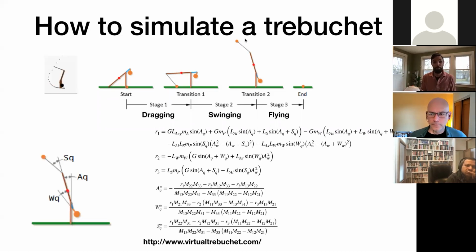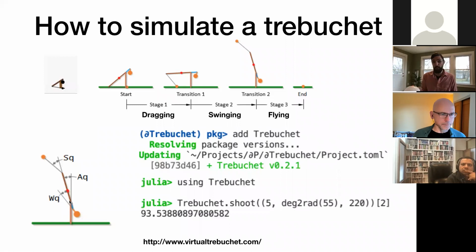And there's a really cool website that actually derives all these things for you. You just check out virtualtrebuchet.com, and they've derived the exact equations of motion given the particulars of the parameters of your trebuchet, how long each arm is, how much the counterweight weighs, how much the projectile weighs, and so forth. So you could do this, or you could just ask Julia to add the trebuchet package, which implements these equations of motion